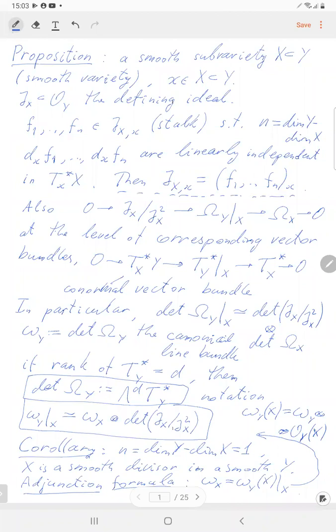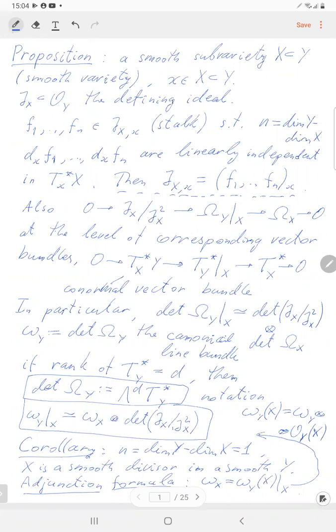It says that we can find out when a collection of functions really does generate the defining ideal. Okay, and it only says that the number of functions must be correct, namely equal to the codimension of our subvariety, and their differentials should be linearly independent in the cotangent fiber at this point. Okay, and that's it. Everything else follows from this immediately and formally. So this is what we really have to prove.